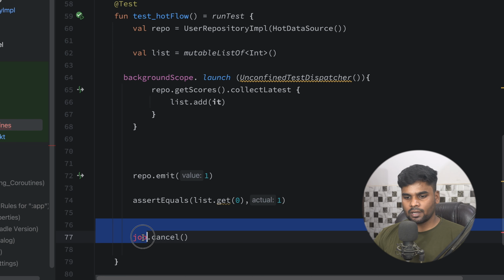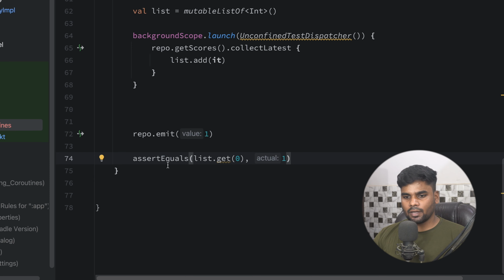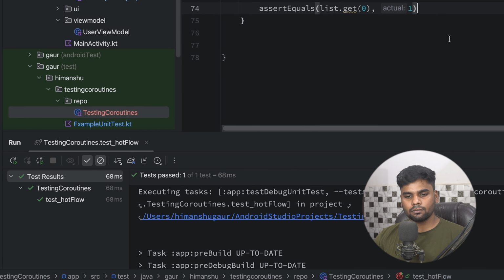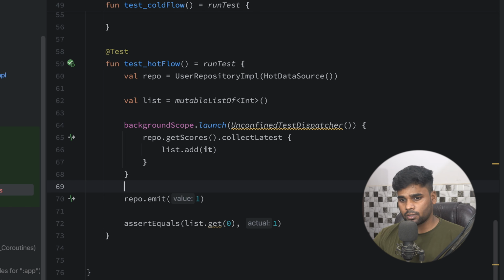Now remove this job.cancel. This background scope will eventually stop its execution once we perform the assertion. So simply execute it, and here you can see it passes successfully. So this is a way you can test hot flows, and in hot flows you can create